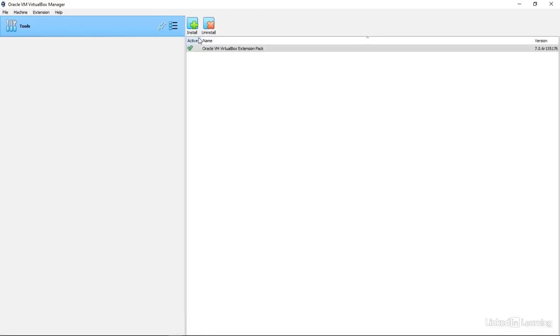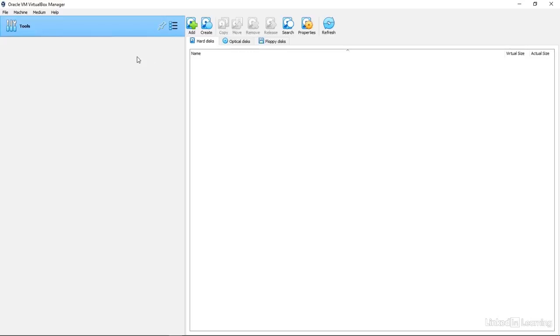The first tool is the Extensions Pack Manager, which shows we have an extension pack loaded and active. This provides our virtual machines with useful capabilities such as cut and paste. The next tool is the Virtual Media Manager, and this provides a summary of the virtual hard disks, DVD drives and floppy disks associated with each image. We'll skip these for the moment as we don't have any VMs